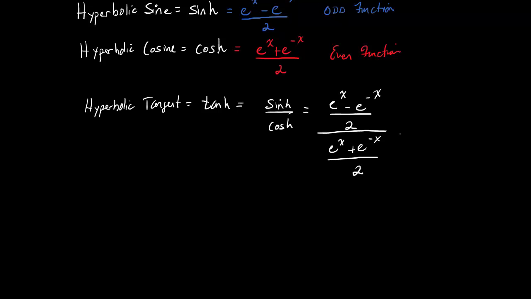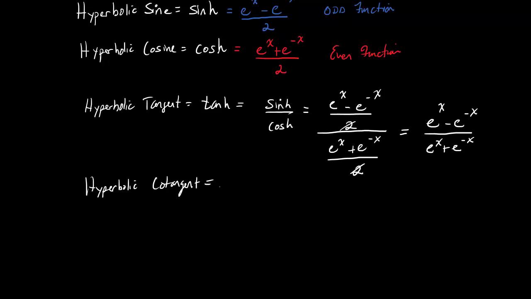then we see that the 2's cancel. So we're left with e to the x minus e to the negative x all over e to the x plus e to the negative x. And that's the reason why, once we get our sinh and our cosh, the rest of these should come pretty easily. Hopefully we can see the relationship now of hyperbolic cotangent. This hyperbolic cotangent is cosh